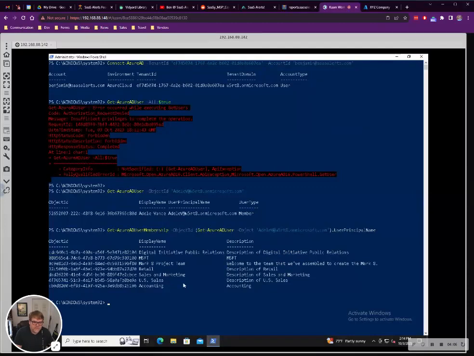Well, I can see that they're a member of, it looks like, U.S. sales team, sales and marketing, retail. But they also appear to be a member of the accounting team. Well, that'd be cool if I could know who the accounting people were. Maybe I could target them with like a QuickBooks email or something. So let's see if there's a way I can get